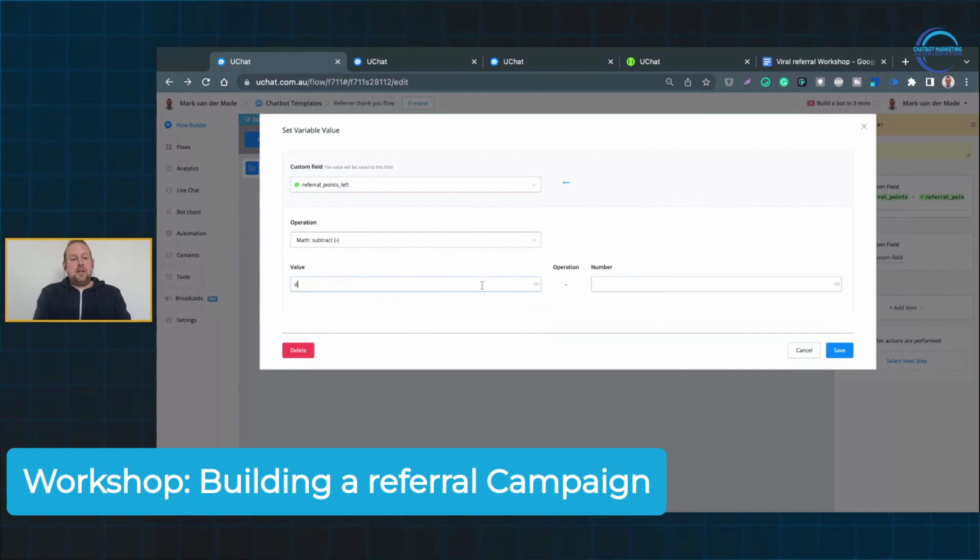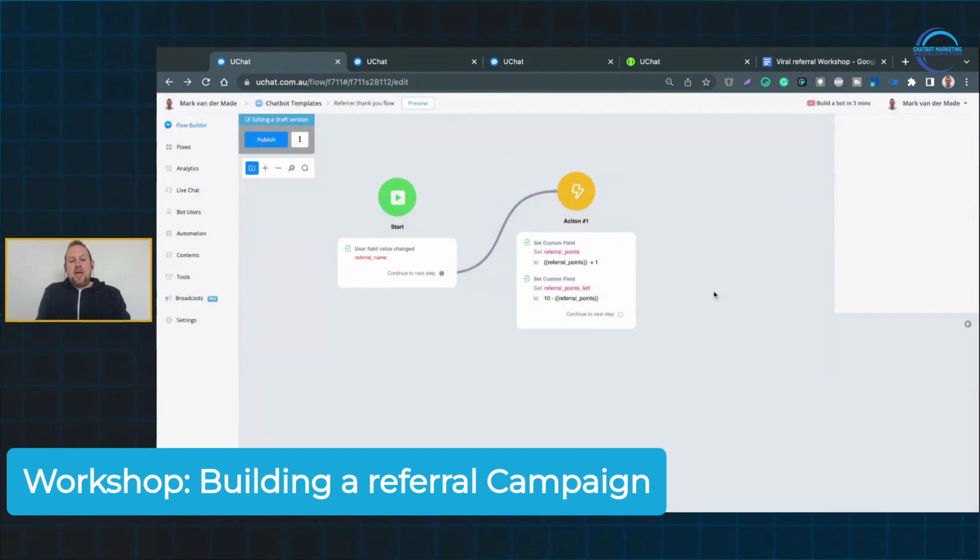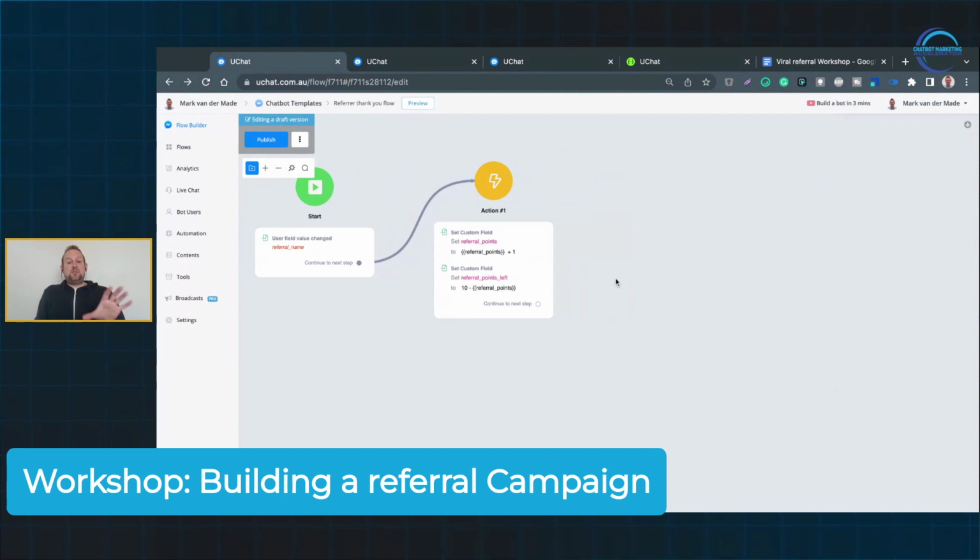Sorry, actually, let's say that the threshold for inviting people is set at 10, right? Then we want to minus this by the number of referral points that the referrer currently has. So this is the way that you can set this up. Going to press save. And this is basically the most important math inside the entire thank you flow, because now